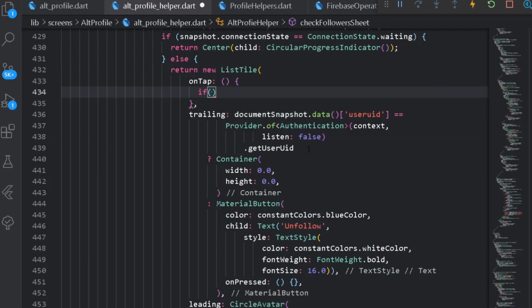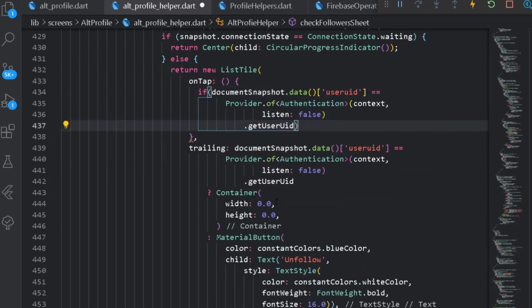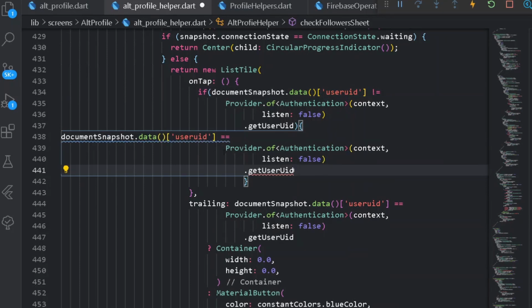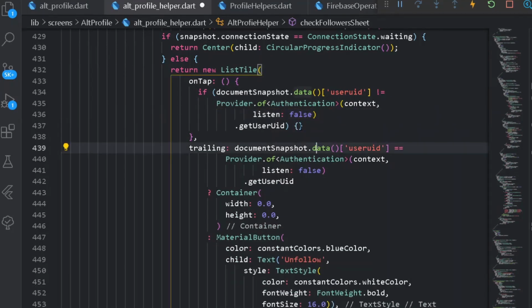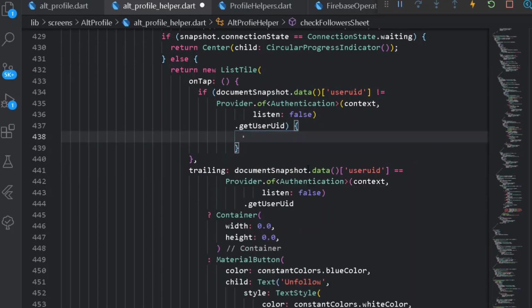So here under if we can simply copy the following trailing condition and paste it here. If the following thing will be so, alright, let's have a not condition here. Alright, not one but not. We shall simply navigate the user to this thing. Format document first, and here let's remove the following thing and have navigator.